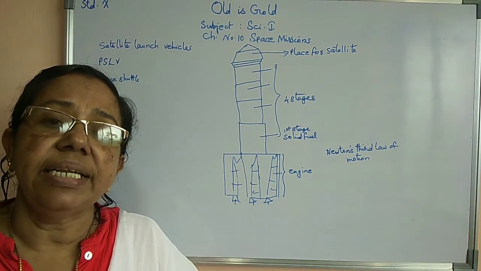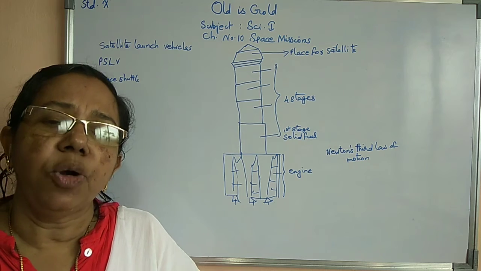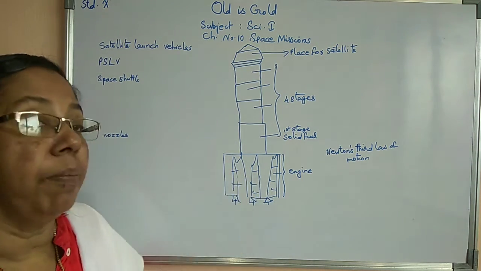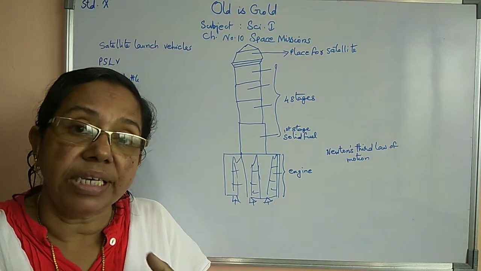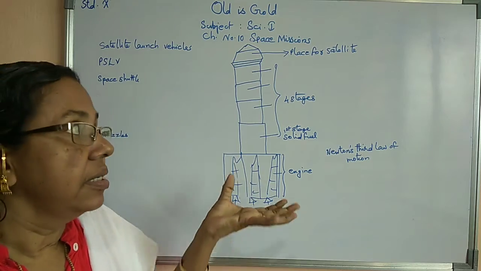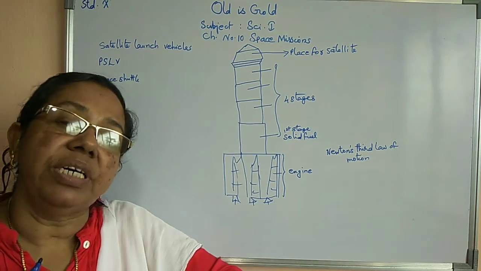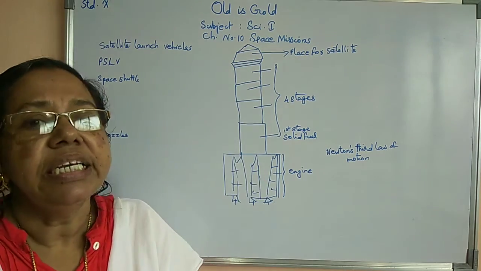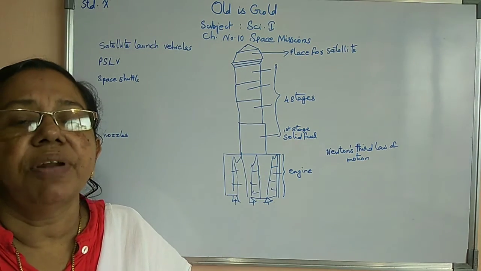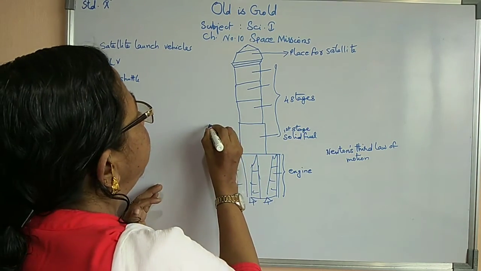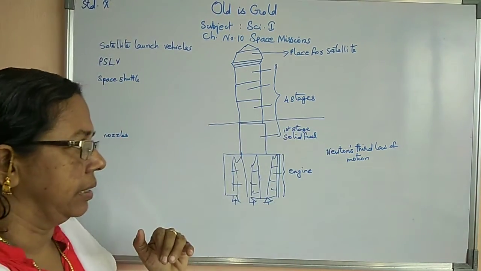For every action, there will be an equal and opposite reaction. So here the action is the burning. As a result, smoke is coming out. That smoke produces the reaction of pushing the launching vehicle toward the upward direction. As a result, its movement will be straight upward from the surface of the earth. Once the burning of fuel in the first stage is complete,